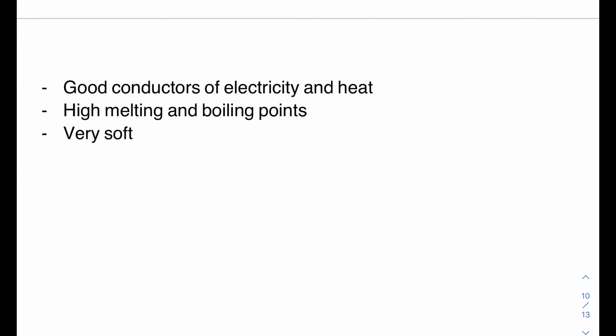They're good conductors of electricity and heat, and that's because of the delocalized electrons, or the sea of electrons. They have high melting and boiling points, and that's because of the attraction between positive and negative. So that means there's a lot of energy that needs to be overcome to melt or boil the